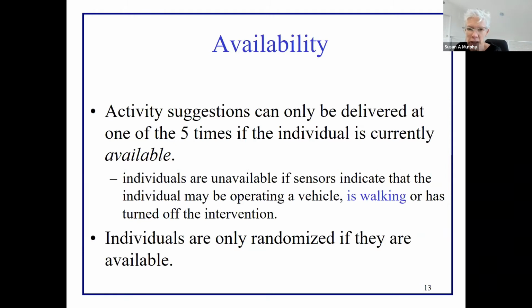Now, a really interesting thing, this happens all the time. If you're going to push messages to someone as they go about their life, then you really don't want to interrupt them if it's at a bad time. For example, if the sensors on the phone detected that you were, so this is in the States, and most of the time, if someone's moving quickly, they're probably driving a car. So if the sensors on the phone detected that you're moving very quickly, then you might be operating the car. And it's really inappropriate for the phone to try and interrupt you and suggest that you go for a walk. That just doesn't make any sense.